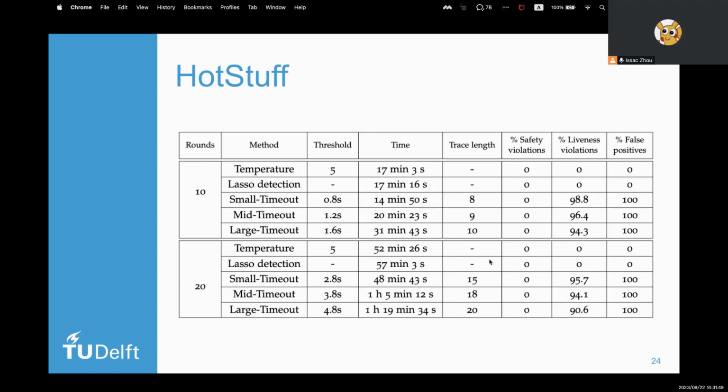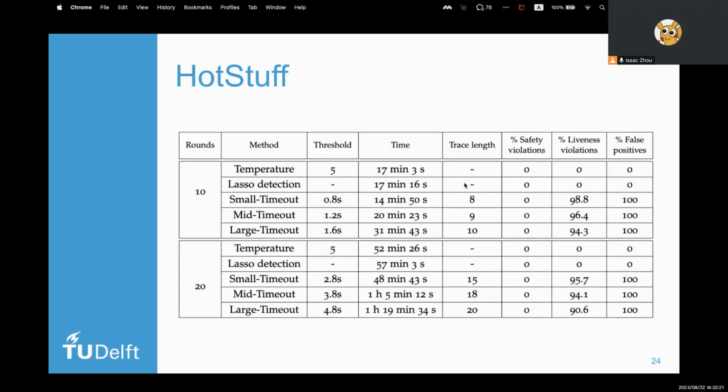This table lists the results of testing the HotStuff protocol with 10,000 randomly selected testing scenarios, and we check liveness using temperature, lasso detection and the baseline time-bounded checking. The threshold is the bound value we calculated.